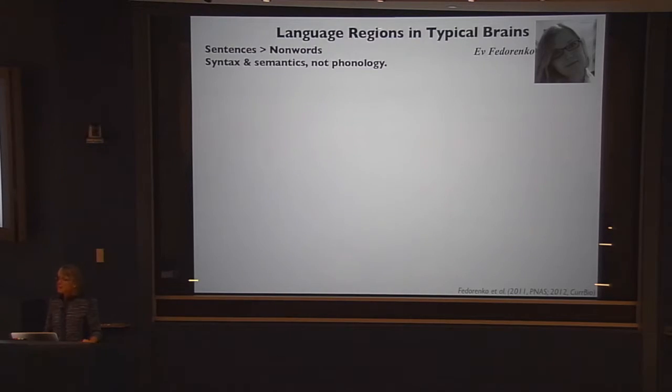So first, a little background. About 5 years ago, Ev started by doing functional MRI studies in typical subjects looking at language parts of the brain. Of course, language parts of the brain have been known for 200 years, since Broca and Wernicke, so there's no surprise about where they are. But within the functional imaging literature, what she did that most people don't do is look at individual subjects and identify regions in each subject individually. Because we think that the location of these regions is variable across subjects, and by mushing across subjects, you lose a lot of the precision of the functional specificity that you see in individuals.